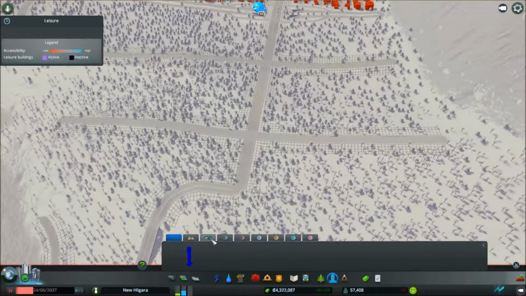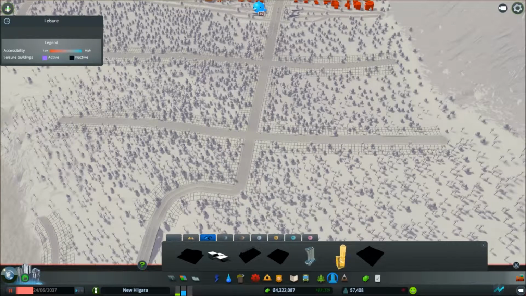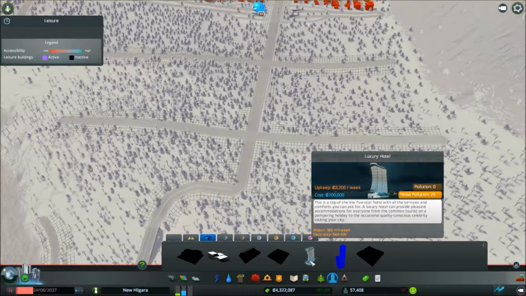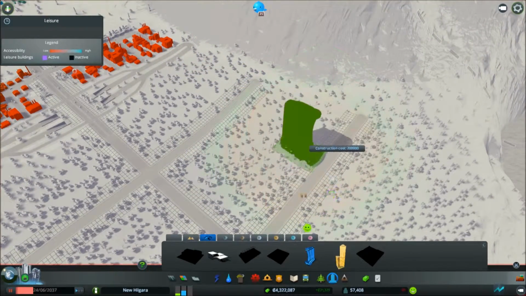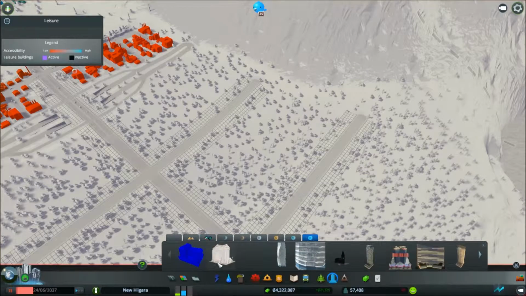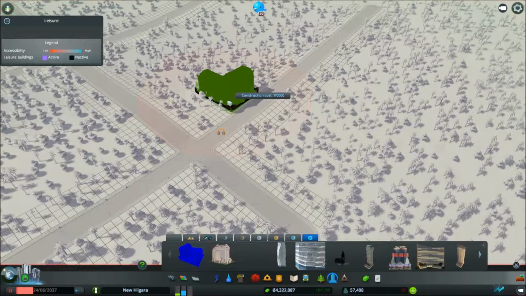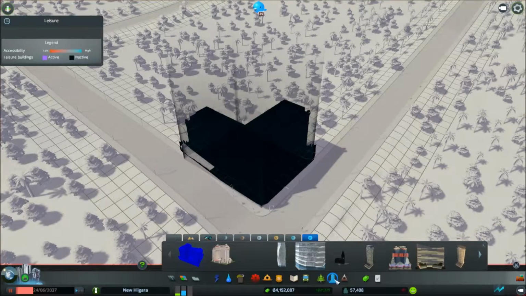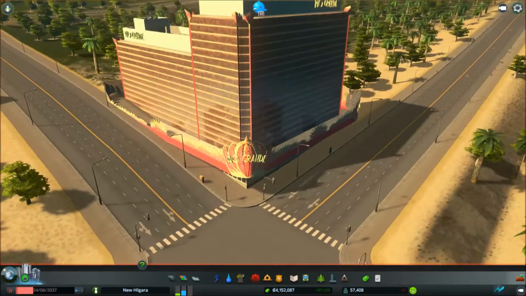All right. So let's find our casinos. What are you? Club Kevin. Ooh, a club. That could be cool. Dump National Hotel. That's a bit much. We got the in-game luxury hotel. That's kind of cool looking. That's kind of narrow. So let me see what else I got though, because I know there are some. Yeah, here's a few of these. Oh, you lose some of it because of the...